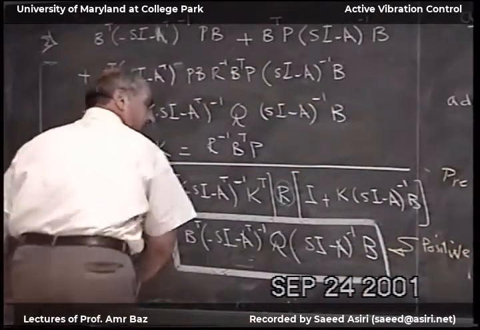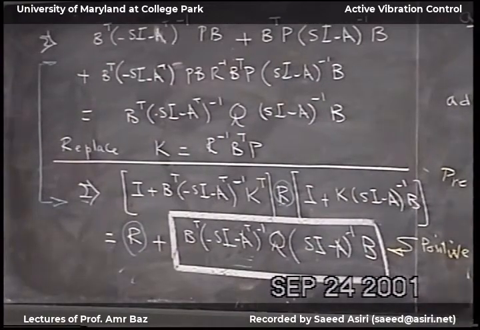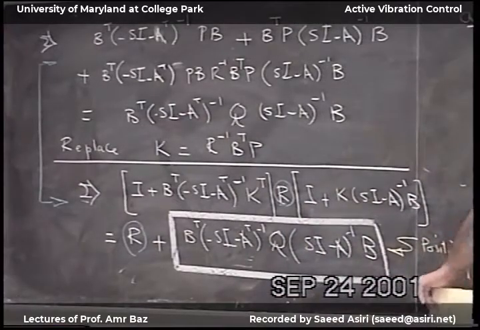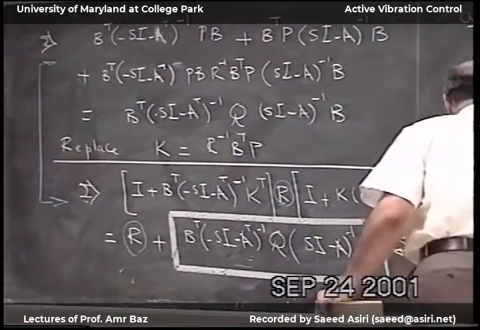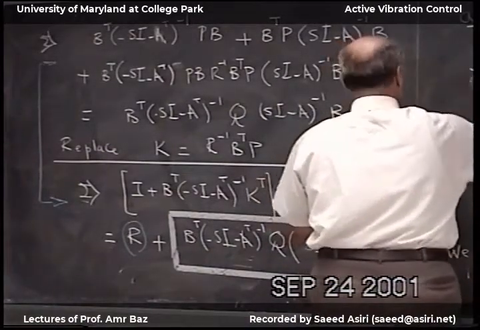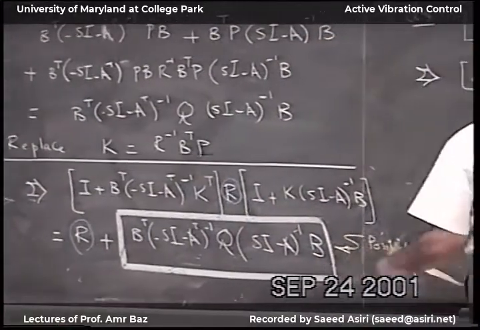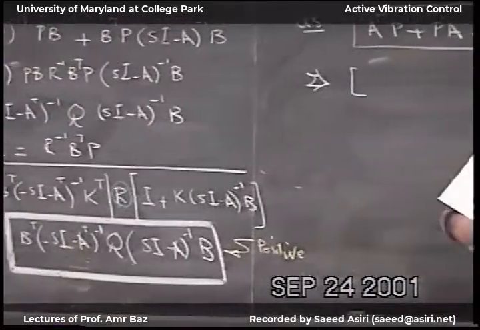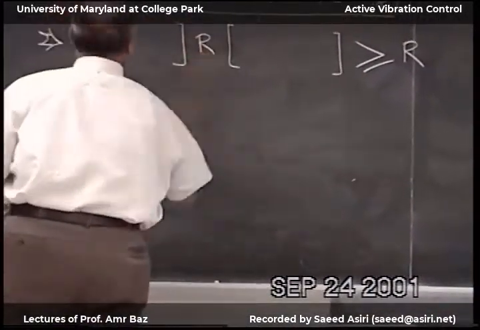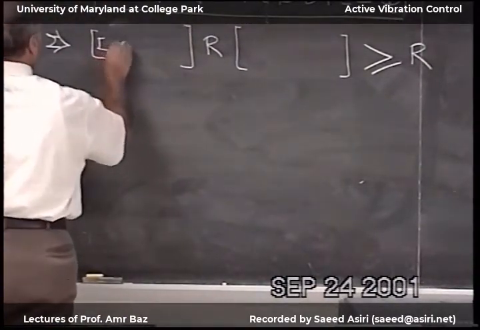So now we can write, then the right hand side is positive, and then this would be greater than or equal to R. And then here I have R and R. And I have I plus K